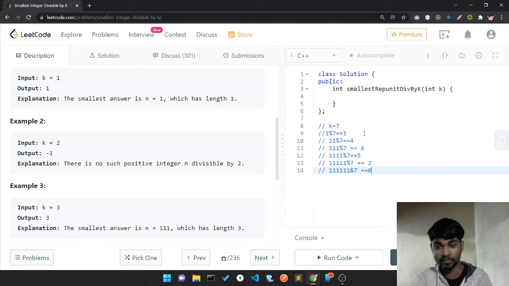It means when we take six 1s, it's going to give us 0.